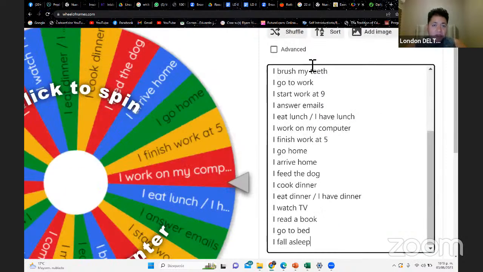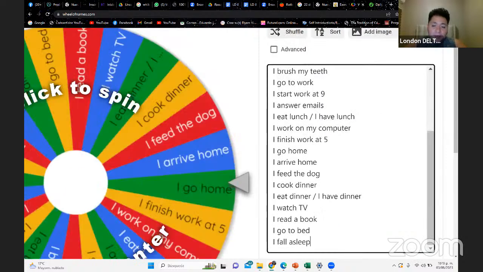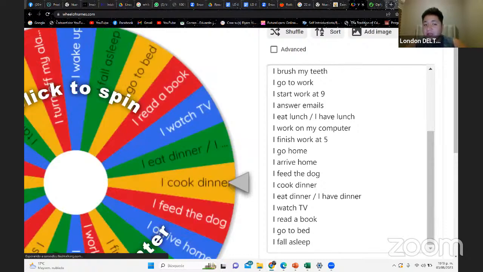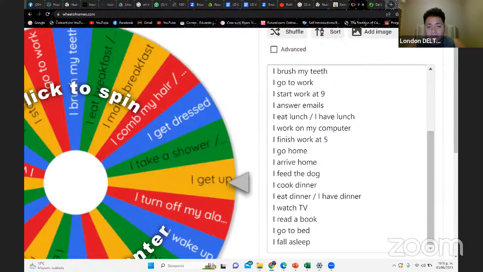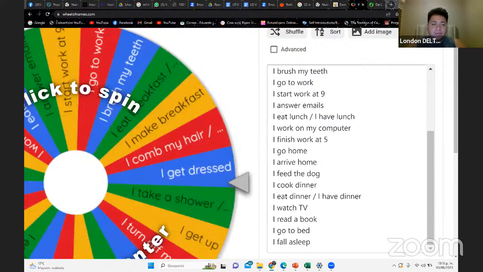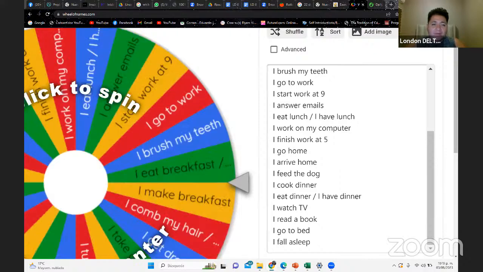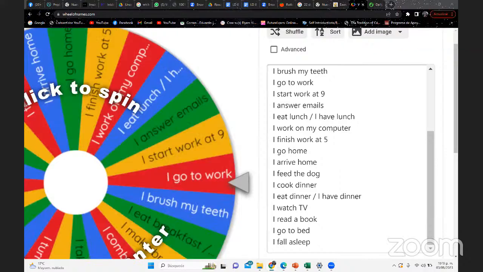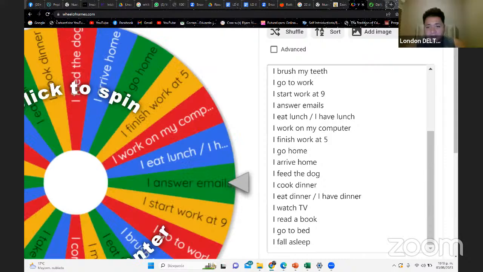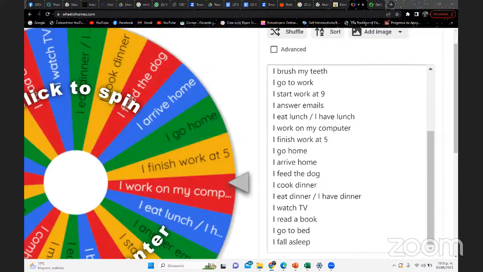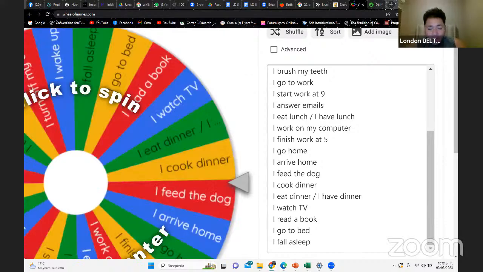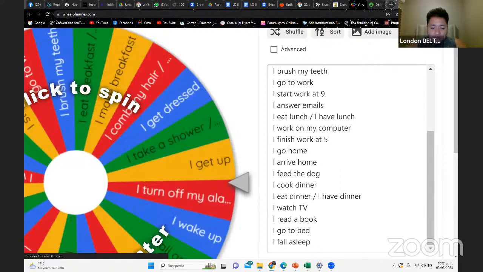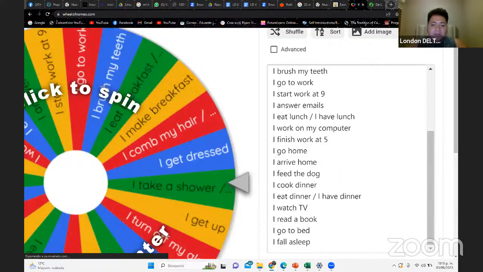So the question again is how often? How often? Pregunto, ¿qué quiere decir? How often? ¿Qué significa how often? ¿Con qué frecuencia? ¿Qué tan a menudo? Yes, you will ask the question with do, the auxiliary verb. How often do you, I don't know, how often do you cook dinner? ¿Con qué frecuencia haces la cena?